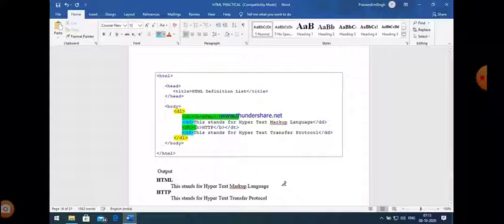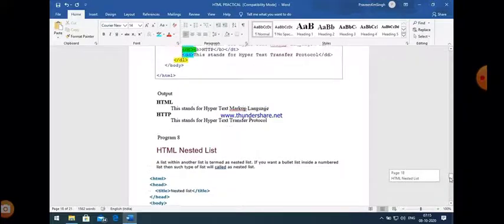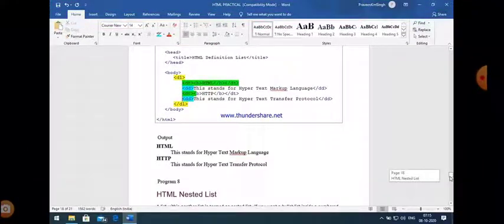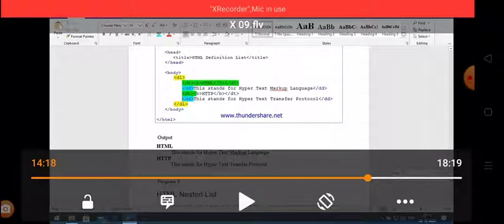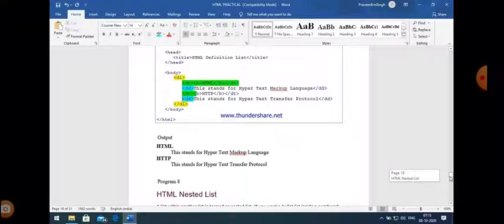So you can see the output. After the execution of that program, you can see the output, and this basically defines the definition. You can see that after HTML there is some space, and then the description of the term HTML is there. This shows that this stands for hypertext markup language. After that the term HTTP is also there, which says that this stands for hypertext transfer protocol. So basically a definition list describes the different terms using DT and DD tags. If you want to describe or define any terms, you can use the DT tag and the DD tag.